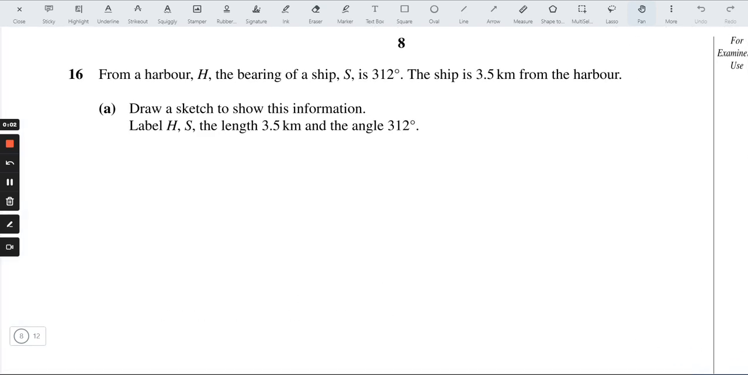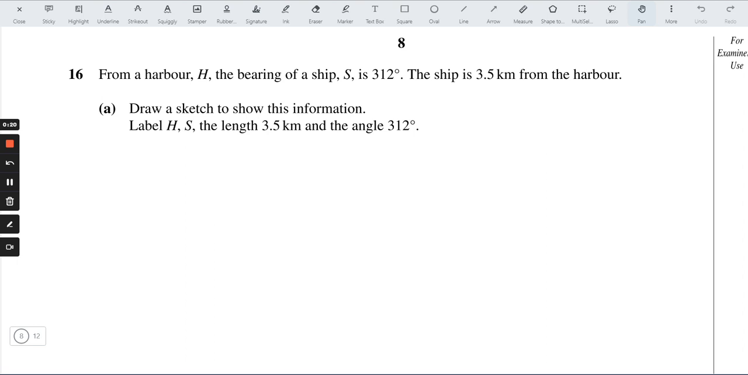Hello again with question paper 2002 May and June sessions. So in this paper we'll continue with question 16. Question 16 here